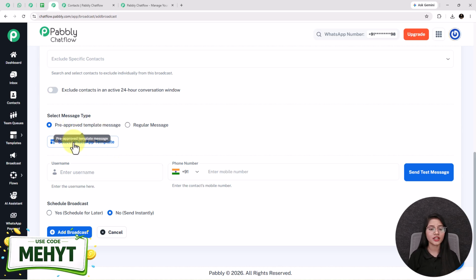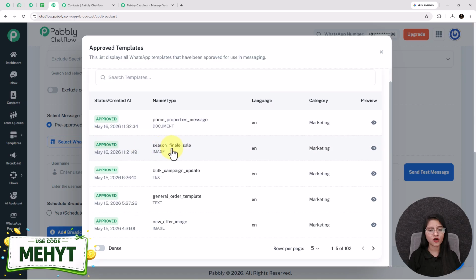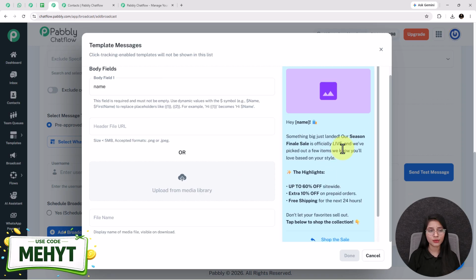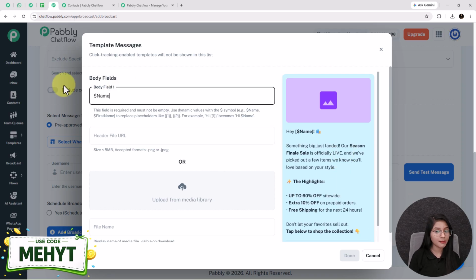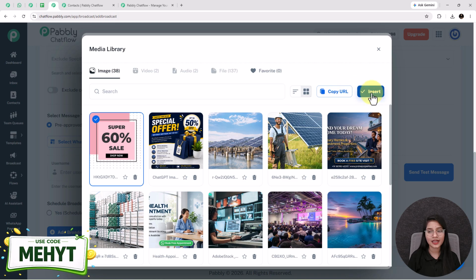Now for uploading a new template, you have to click on the select WhatsApp template button and select the template from here. See, this is the season finale sale template that I have already created before. Now in this body name field, I am entering a dollar symbol with name. With the help of this variable, automatically the user's name will come, as this dollar symbol name makes the values dynamic. After that, I am clicking on this upload media button and uploading this image from my library and clicking